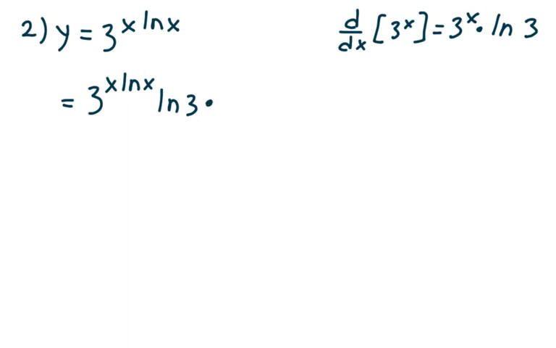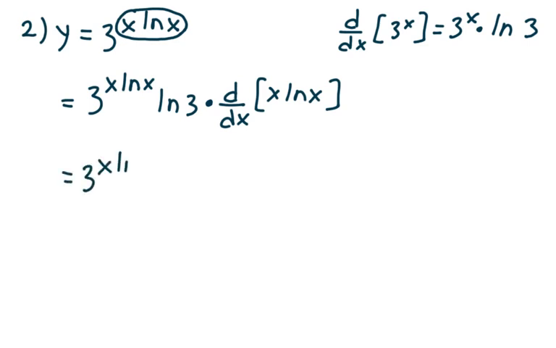And then I'm going to multiply by the derivative of the inside function with respect to x. And that inside function is x times natural log of x. So in other words, I'm going to take 3 to the x natural log of x times natural log of 3 times the derivative of x natural log of x with respect to x. So this is 3 to the x natural log of x times natural log of 3 times